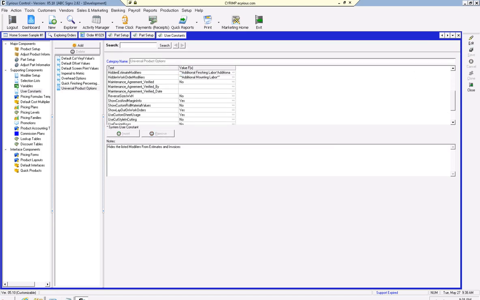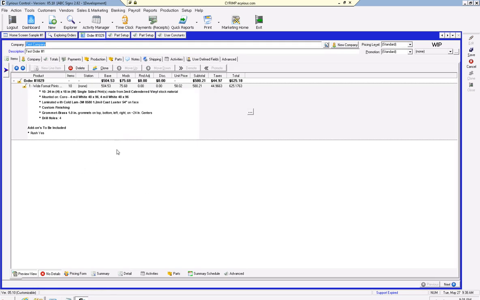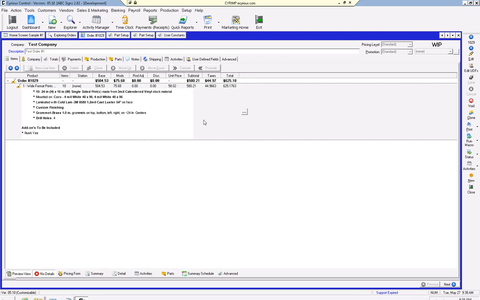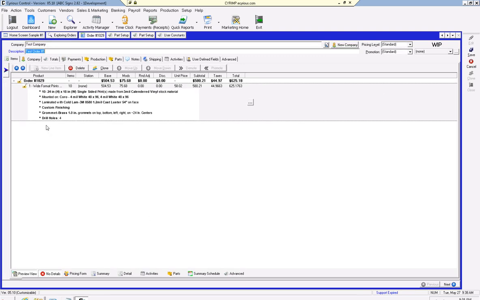All right, and so adding that, the reason we're not seeing the additional labor or the additional mounting modifier is because Rob had already added that to the user constants. And if we edit this now, you'll see that the modifier went away. And we all know that whatever we see underneath the line item is what the customer is going to see,